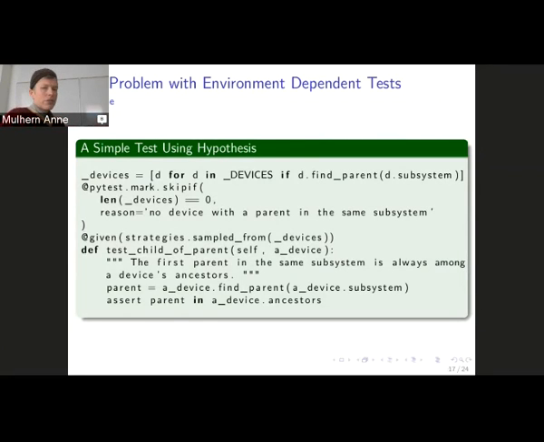Then I have to pass that list of devices to my sampled_from strategy, and then I can run the test. If I don't have that sequence there, then the test is going to fail when I'd rather it was just marked as skipped.